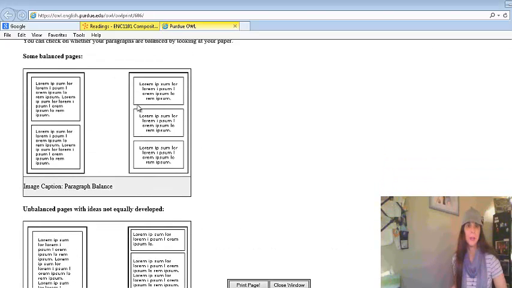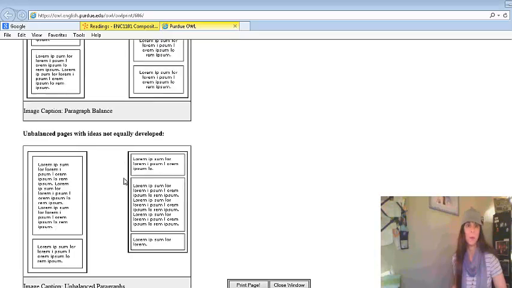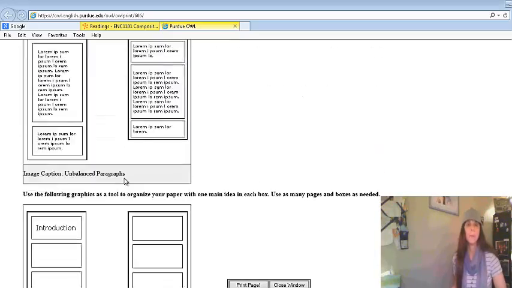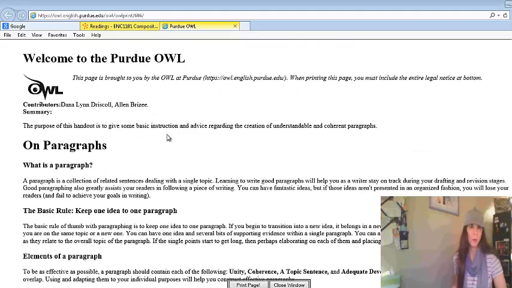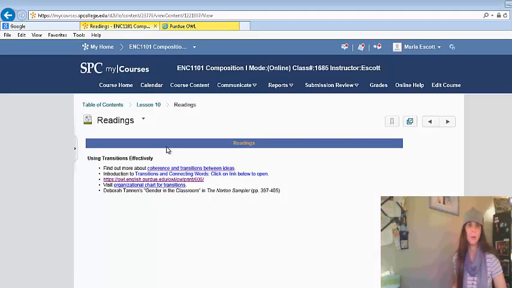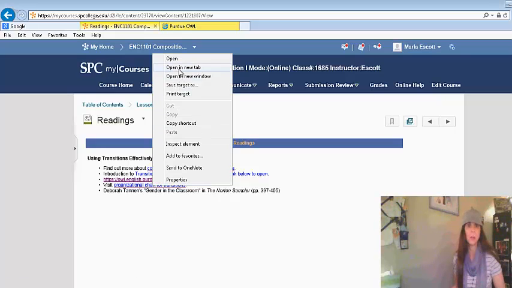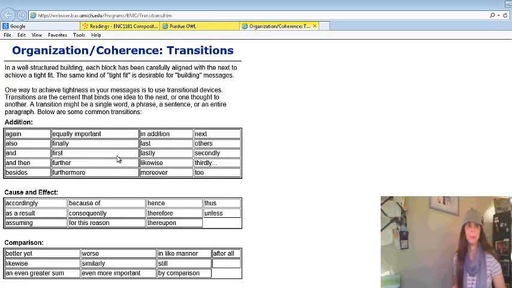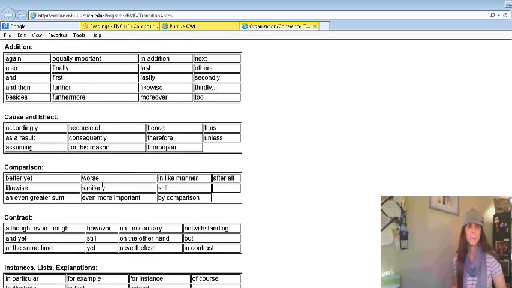The reason it has this lorem ipsum is that, if you go back under the readings, I'll show you in a minute, I put what that means so you can understand it. And here's an org chart, which will help you. Okay? Now you're doing comparison and contrast, so here's where you're going to concentrate most of your efforts, obviously, for